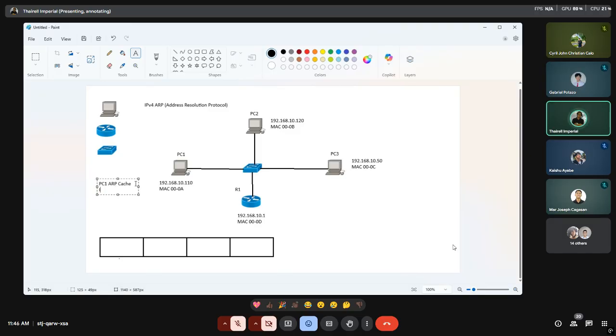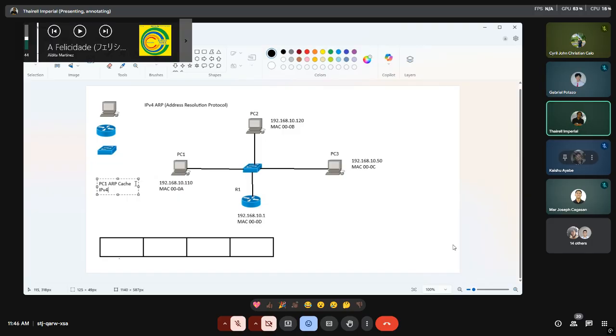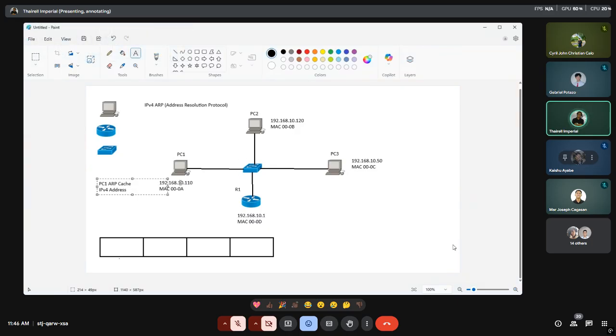And then we'll have the IPv4 address and the MAC address. So we have here this cache.